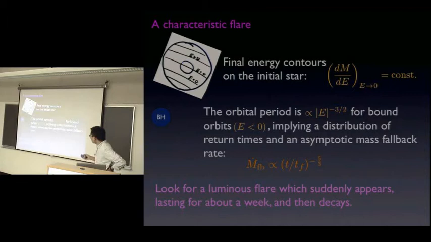People have done SPH simulations, right? Did they see some? Can they get a handle on that exponent, or do they not have enough resolution, or not run for long enough to see? Yeah, they can get a handle. And is it close to -5/3? It's close. I will talk about that in a later slide. So there's something right about the assumption. Yeah, that's surprising. No, it's not. As you get close to E equals 0, by symmetry, the center of the star will still have dM/dE constant at E equals 0. Right.